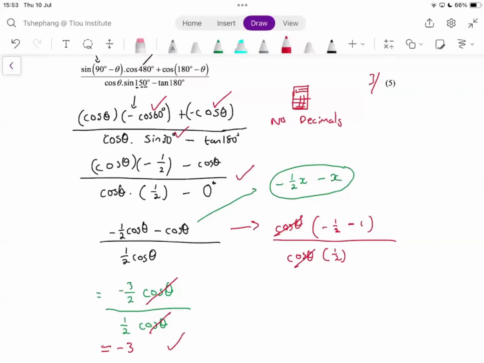So for the third step, all we did is we multiplied half multiplied by cos of theta. What's this? Think of this. What is cos of theta multiplied by negative 2? Remember, brackets mean what? Mean multiply. So if you multiply this, you're going to have negative 2 cos of theta, isn't it? That's exactly what we have. Cos of theta multiplied by a half is negative half of cos of theta. That's me just explaining the third step.